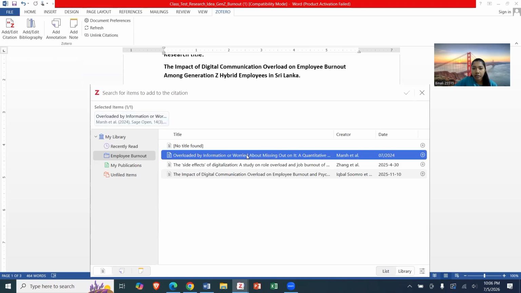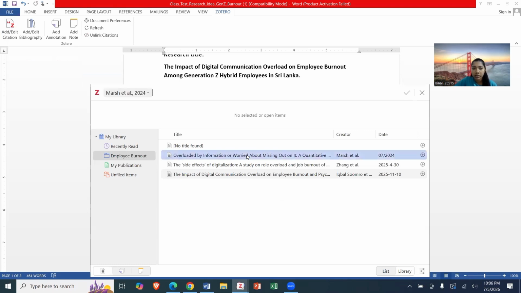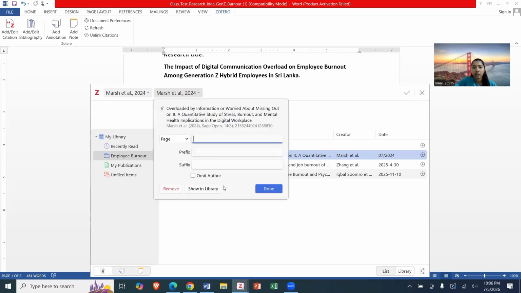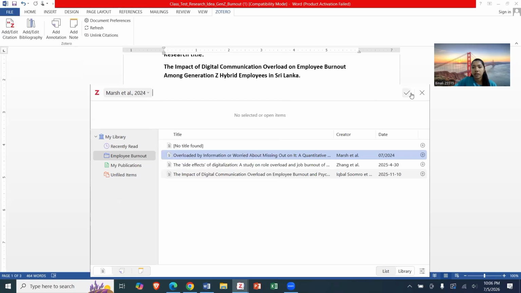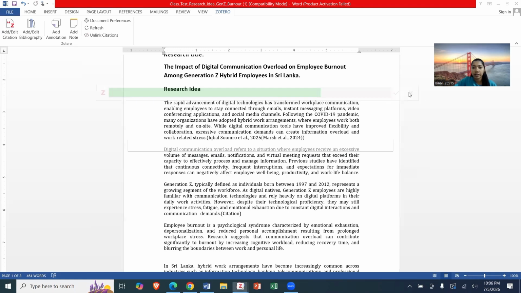Then click the relevant one and click here. So you can see the citation is already in here.